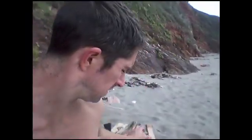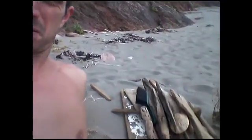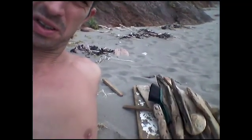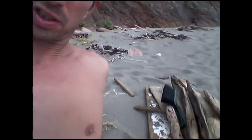I've been beachcombing today, and with a bit of success I found some quite nice pieces of wood. I tend to turn them into picture frames, benches, tables, things like that. So I've had a cool day beachcombing, but now we're going to the...